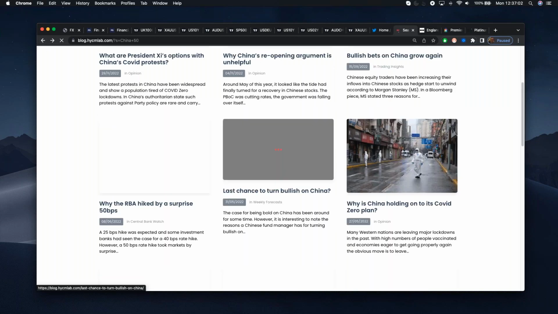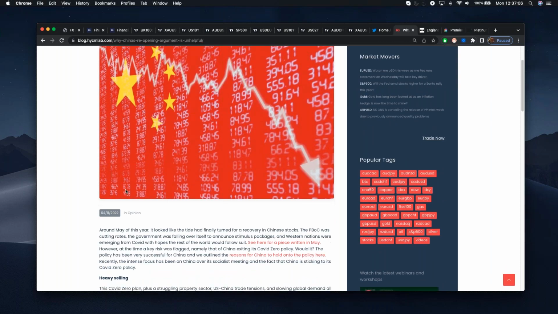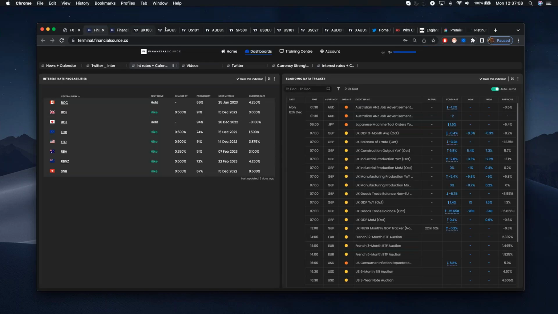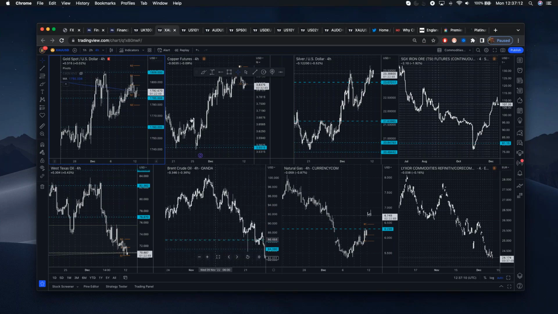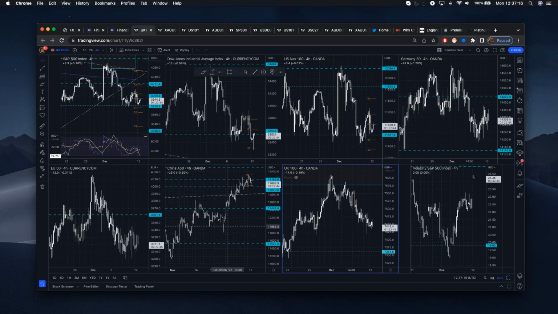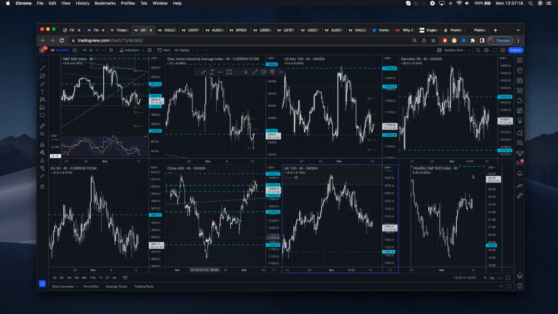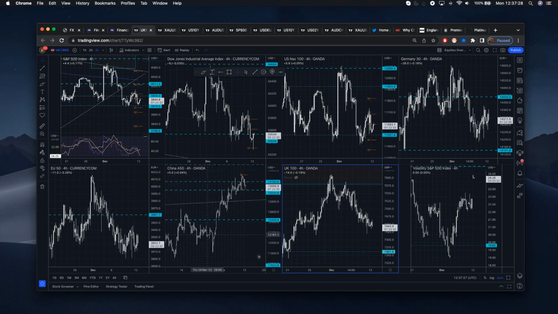And you can see, all the way back from that November piece that I did here, I'm just sort of saying the reopening argument is unhelpful back at the 4th of November. You can see here all the way back in the 4th of November, just really obvious to me that a lot of this dovish and bearish sentiment has been overdone. And we've seen China 50 really push high.